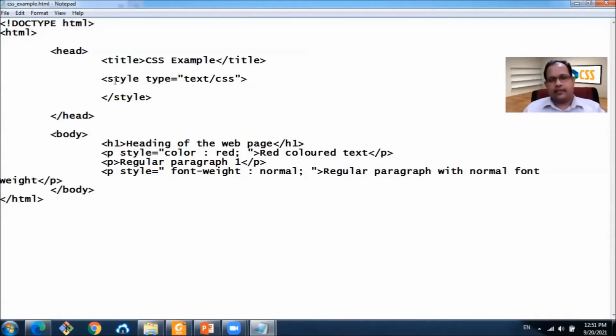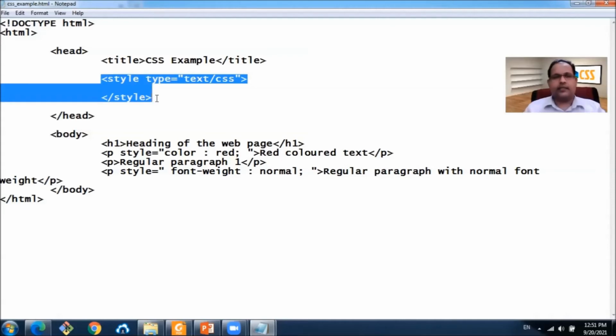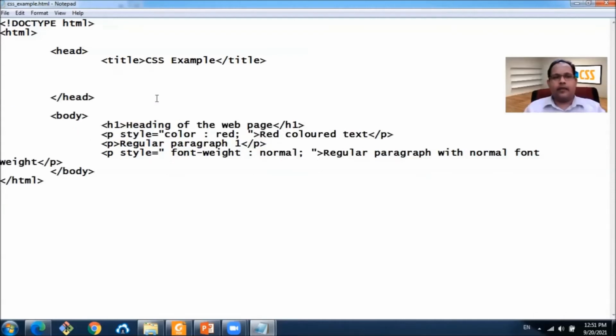So let's delete this section and link that particular style page that we have created into this page. To do that, we should define this link HTML tag.